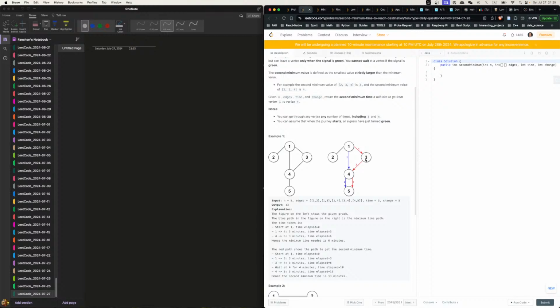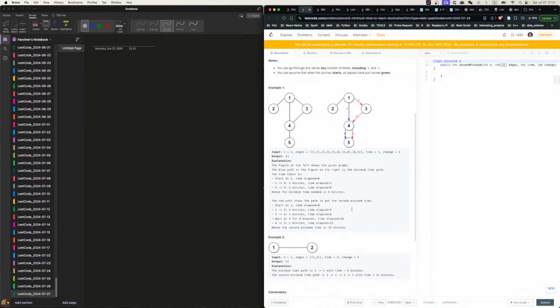So go 3 is 6. Now it's red, so we have to wait. Because now it's 6, it changes at 10. So we'll wait until 10. So it's 13. Oh, you are kidding me. You can go back and forth. So it will change, so it will be 2,